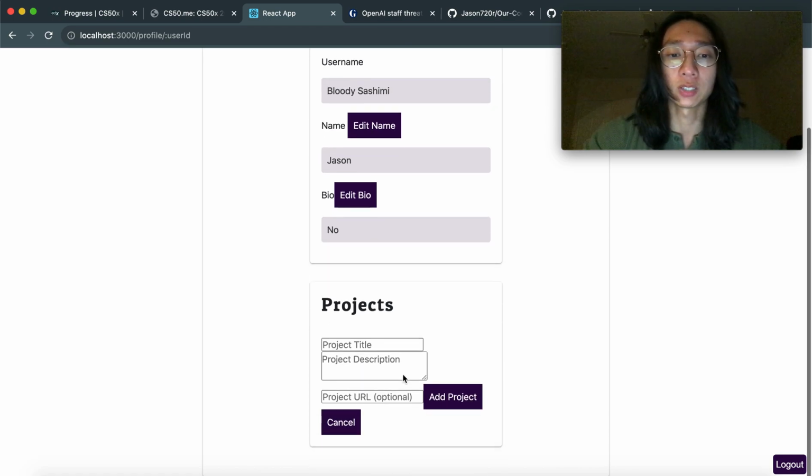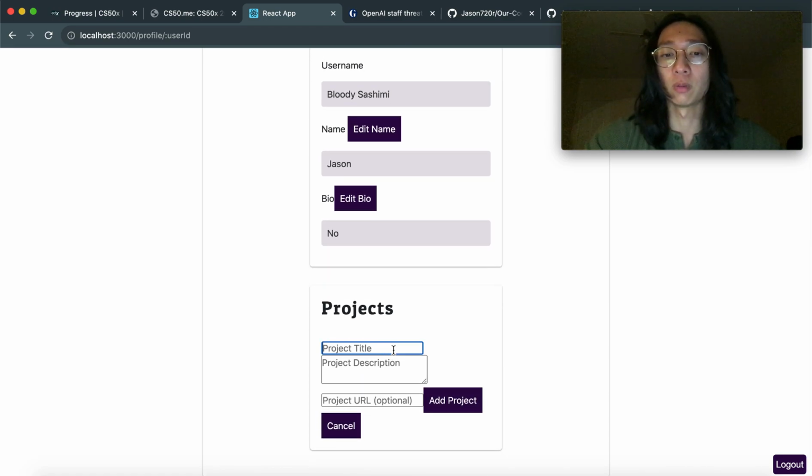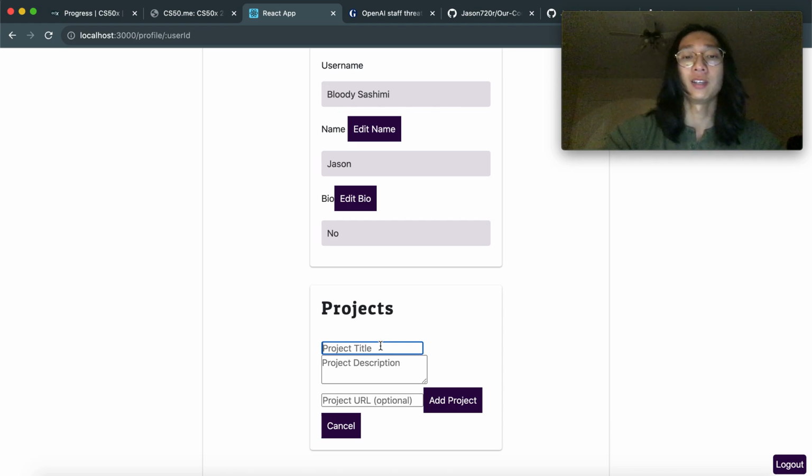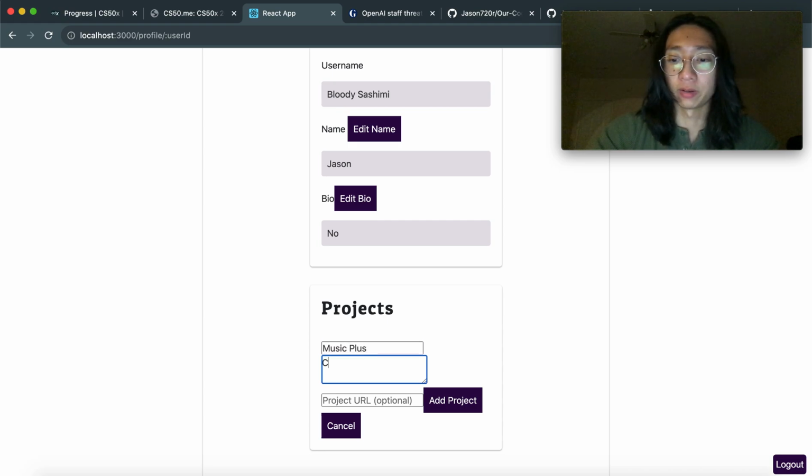You can add a new project. You don't even need to be redirected. The form is actually displayed right here. It's expanded upon clicking add a new project. So I think that's very optimized and a clean UI, or a clean interface at least. So we'll do project title. I'm working on a C++ application right now. It's to display music. So I'm going to call it, I think it's called Music Plus actually. To keep it small, keep it short and simple, C++ application